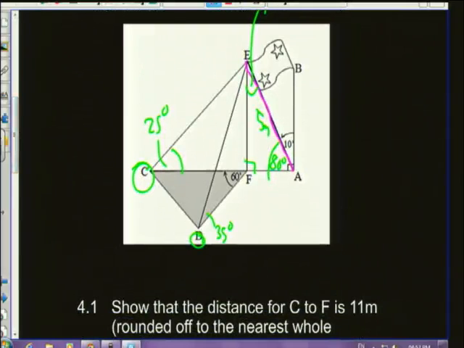Okay, now let's just simplify that. This is your 3D. Okay, this is 90 degrees there. So if that is 90, this is 35. So it means that that angle is 55 to make it 180. Okay, now